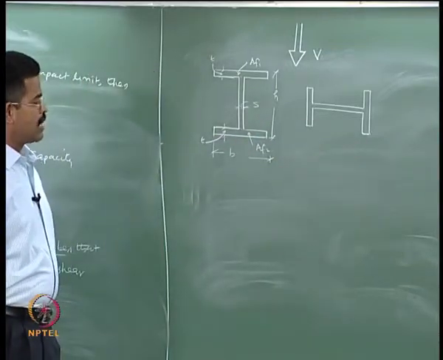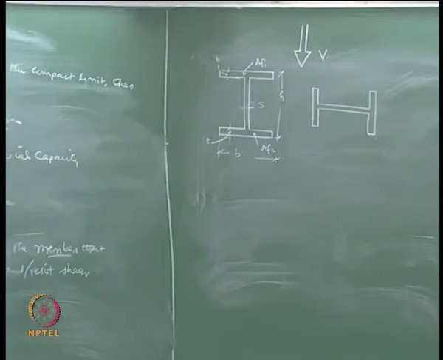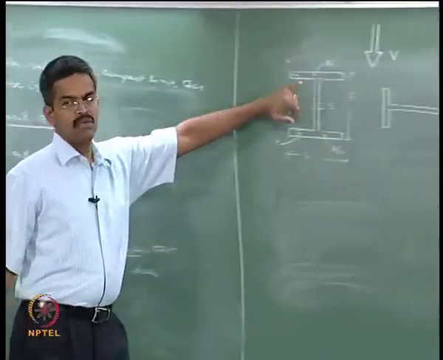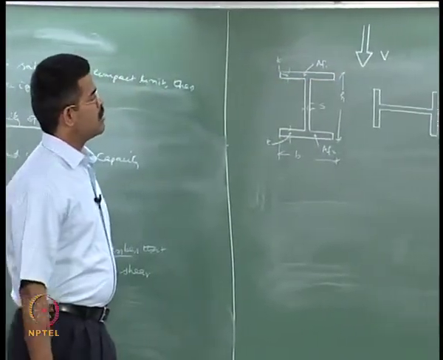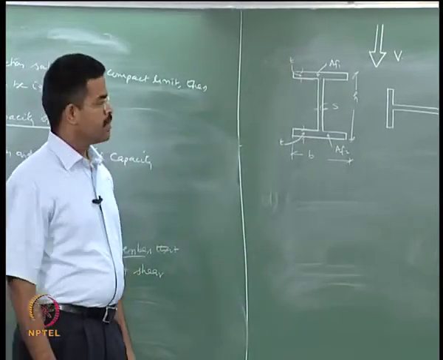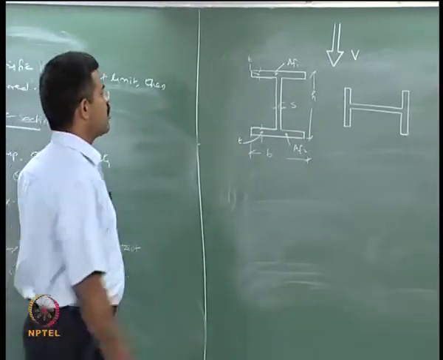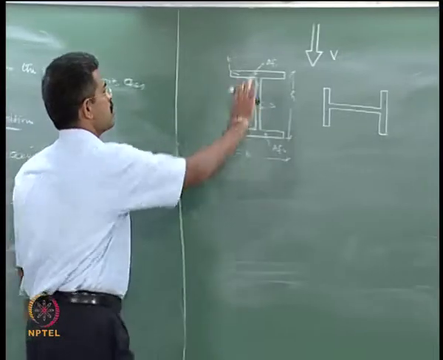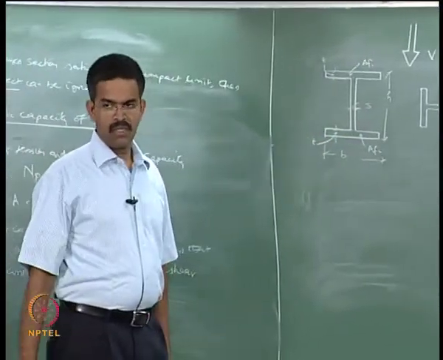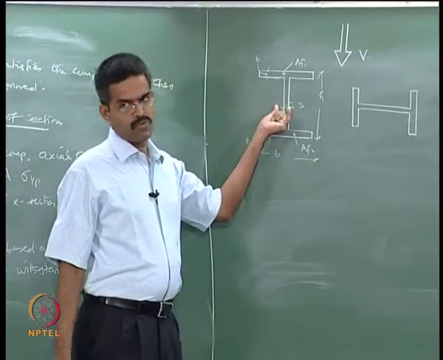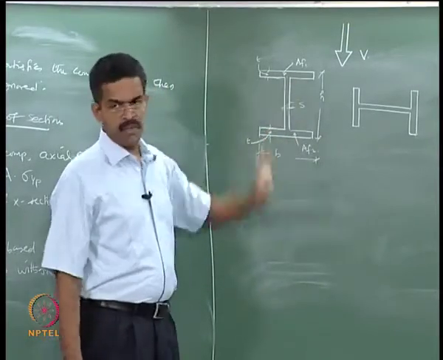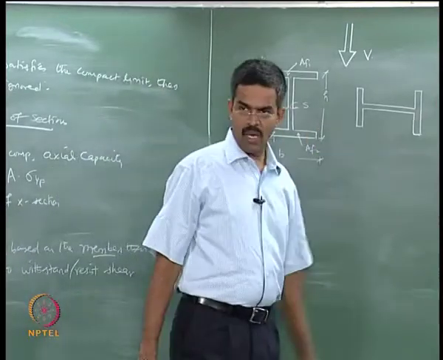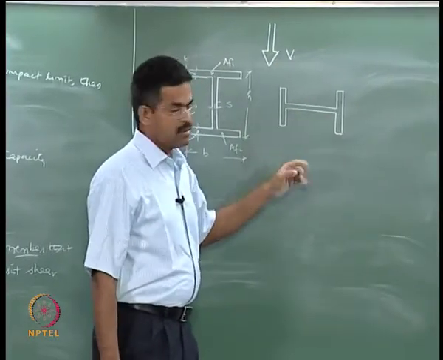What I am interested to compute is the plastic capacity under axial forces. Maybe we have done axial force, we are now looking for shear. We said, what are those members which will contribute to shear? So, we have got to account for those members. When I have an orientation like this, the members which do not contribute to shear are the flanges, or on the other hand only the web contributes to shear. So, flanges take bending and web takes shear in this orientation, whereas the other way the flanges will now take the shear and this will take the bending.